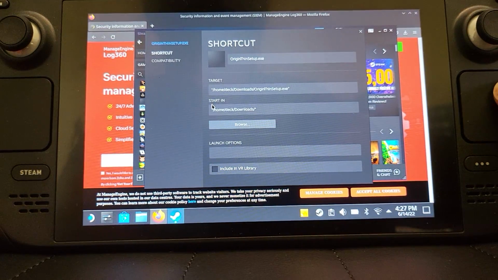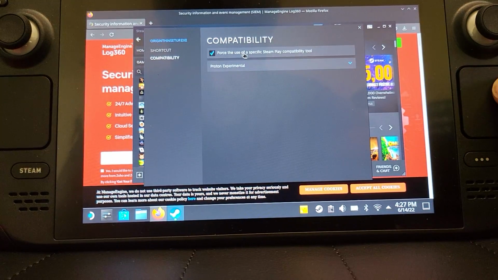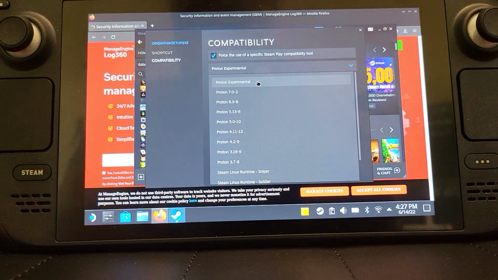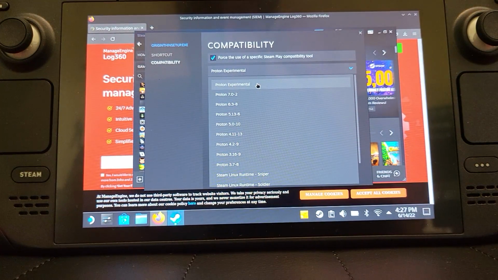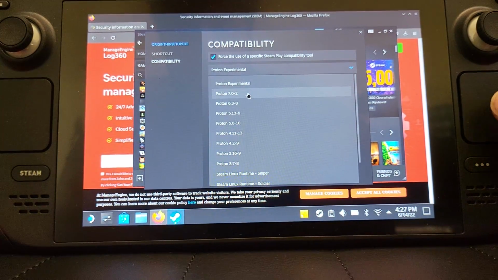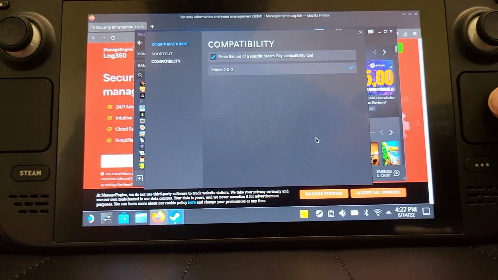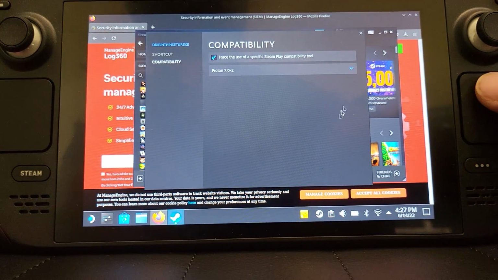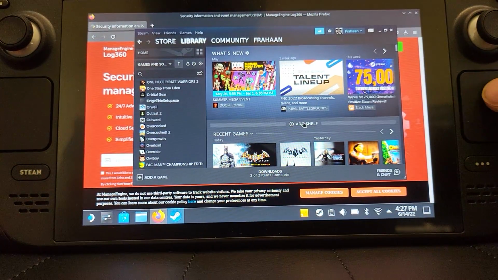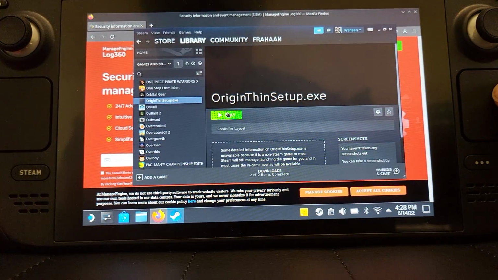now what you want to do is go to compatibility. Select force the use of a specific Steam Play compatibility tool. Try Proton Experimental. I find when I do it with Proton Experimental, it does not work, and I have to select the latest Proton, so 7.0-2 for me. For the new version, select that one. And yeah, that is it. And now once you've done that, you can click off that, and now you can literally just launch this up. So if I select that, click play,